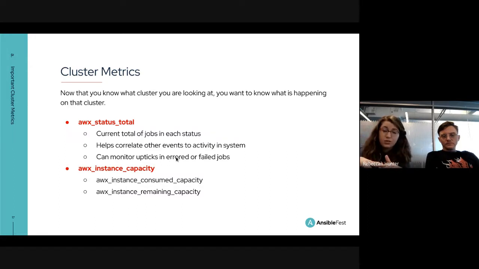This is not useful on its own, but it is useful to correlate with other activity in the system. And AWX instance capacity consumed and remaining should always be moving in tandem. If they're not, something's really wrong. We don't ever have that happen, but a good thing to keep an eye on is remaining and consumed capacity. Let's say you have lots of pending jobs and you don't have a lot of remaining capacity. That's a red flag.